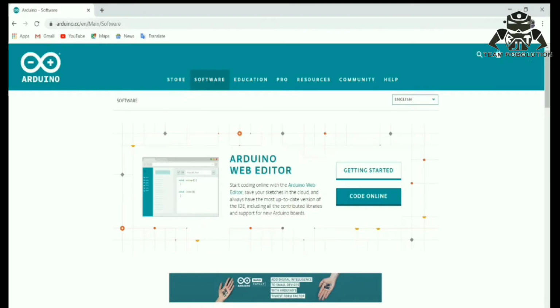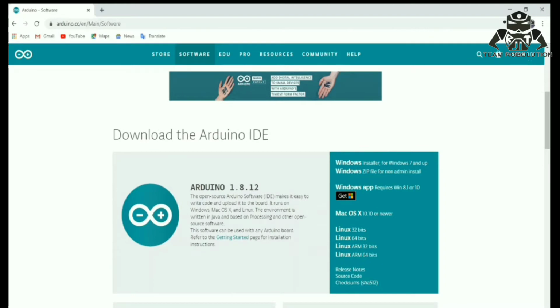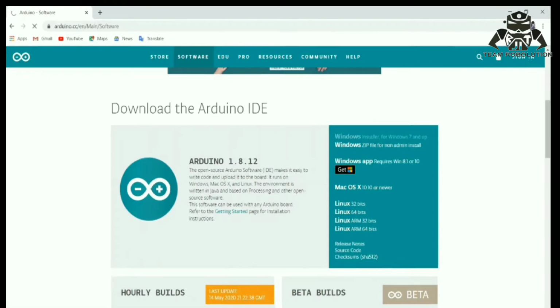So this page will get opened, and here you just have to scroll down, and there are many options to download Arduino for different software such as Linux, Mac OS, etc. But we have to go to the Windows installer for Windows 7 and up. Click on it,